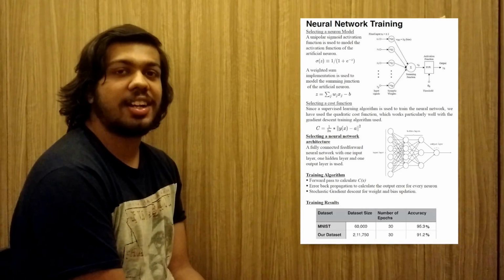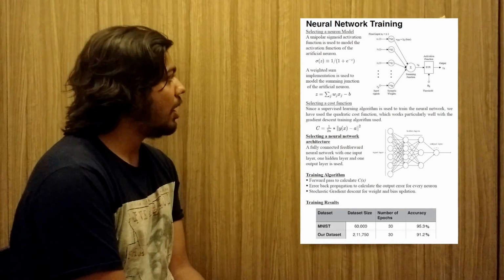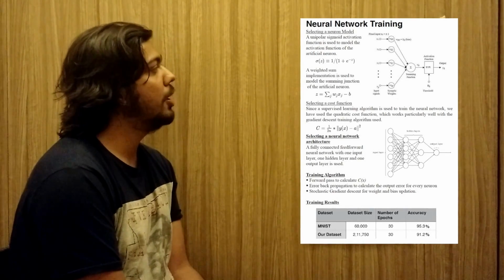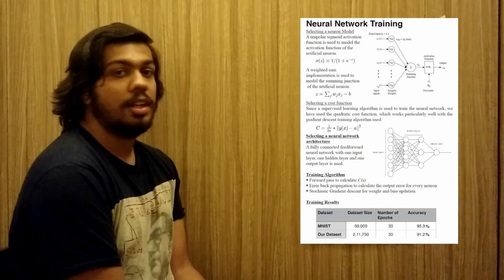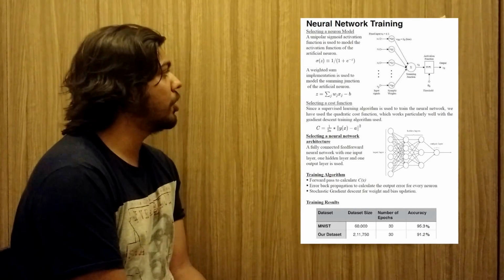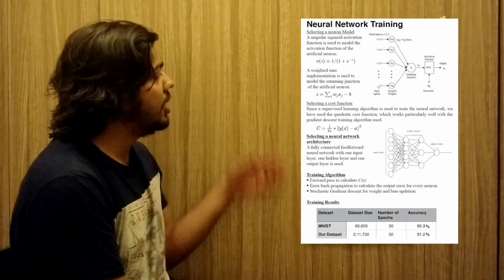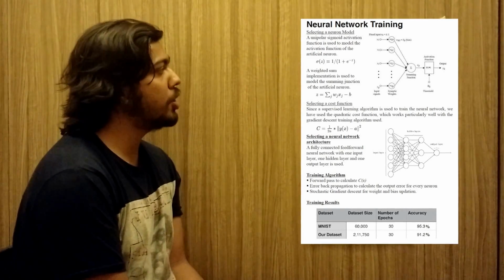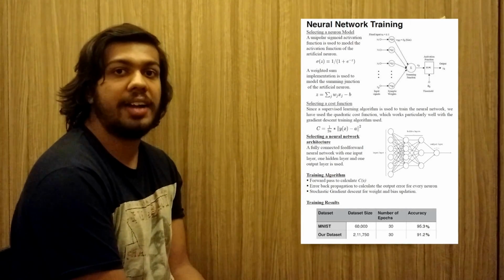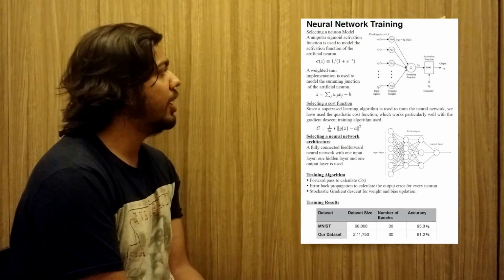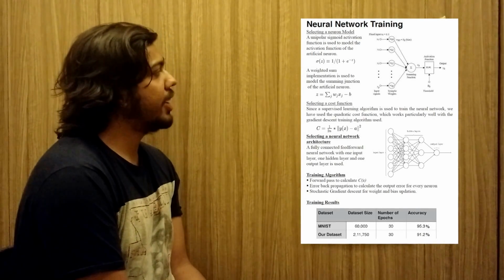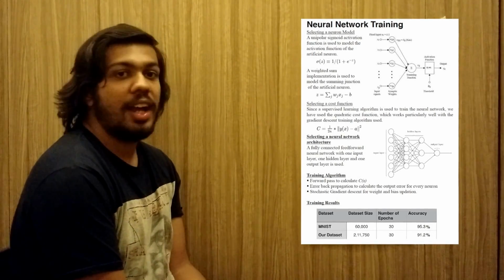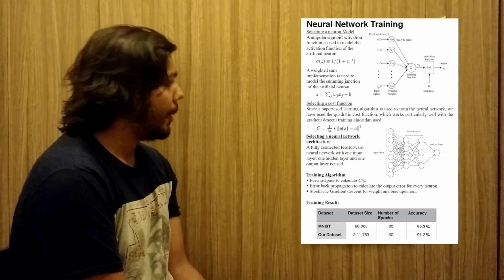Now that we have a dataset consisting of labeled data, it can be used to train a neural network based on a supervised learning algorithm. As the name suggests, a neural network consists of a number of neurons, the architecture for which is as shown here. The neuron consists of a summing junction and an activation function which together calculate the output of the neuron. The neurons are connected and each connection has a weight associated with it.